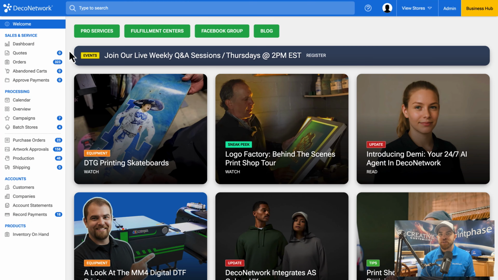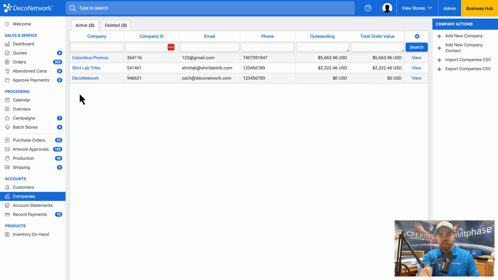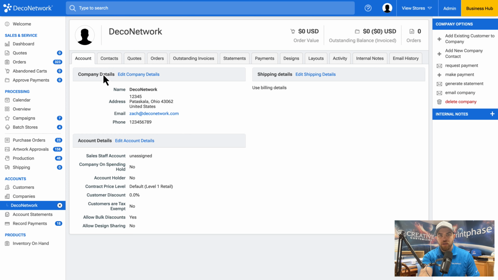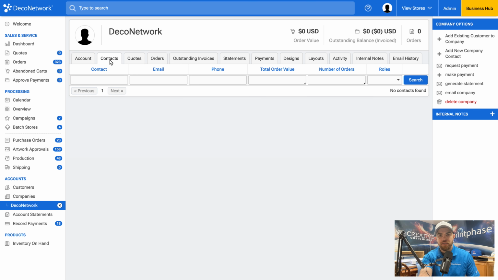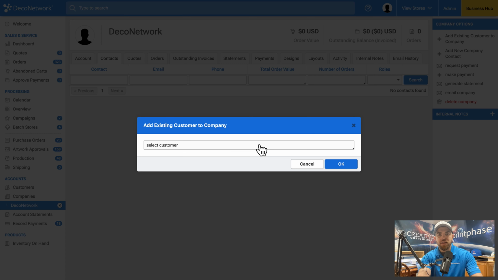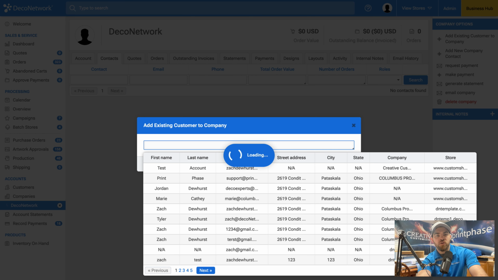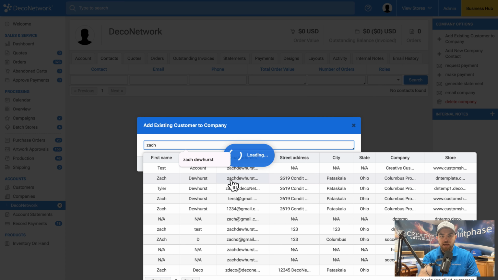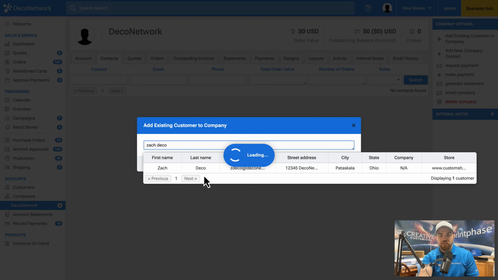To assign a customer to a company, simply come into the company section, select a company, go into contacts, add an existing customer, or add a new company contact. If you do add an existing customer, it's going to allow you to then search your list of customers, and you can then select them